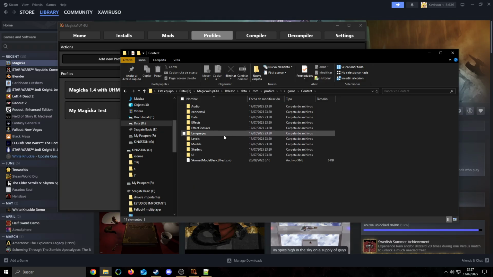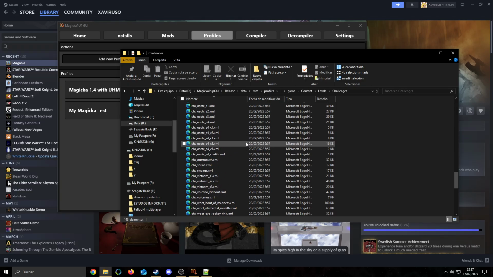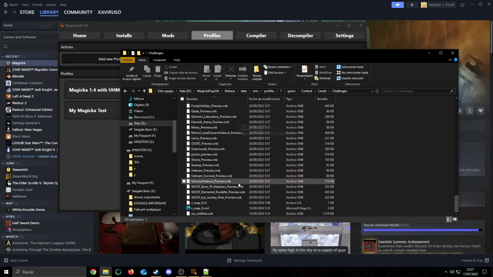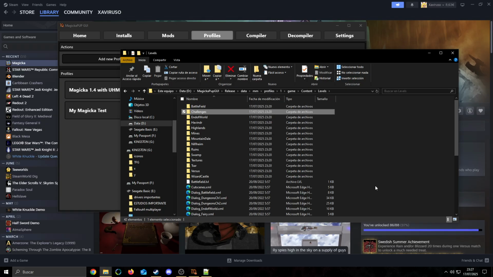And we can go into content, levels, and challenges, and this is where my mod is located. It's somewhere, there we go, Danny map 0. So you can see this is my map, the one that I just showcased with the entity influence and stuff. These files are right there. This is the original map file JSON. You don't have to pack this with your mods. I just put it in there to test if it would work and stuff. So it does. Anyway,